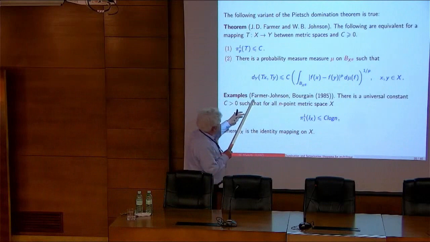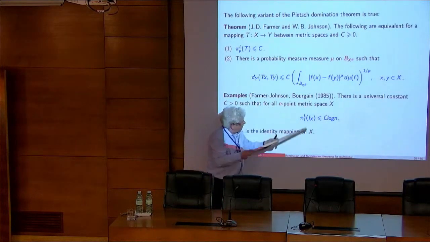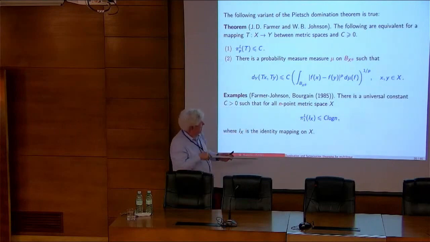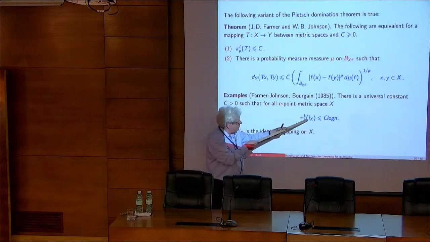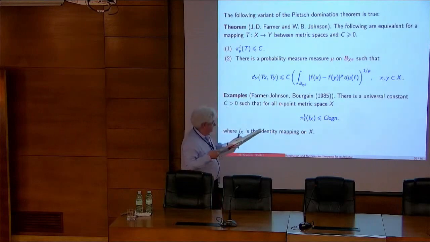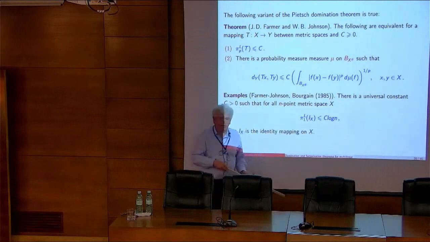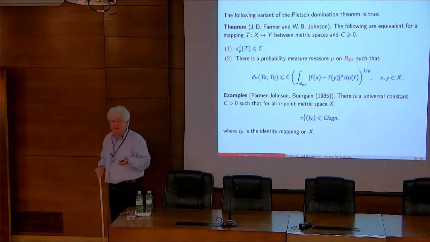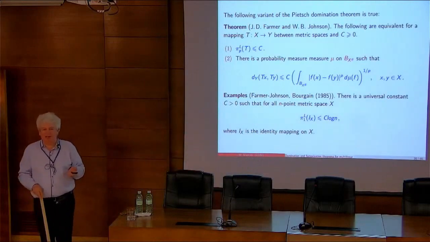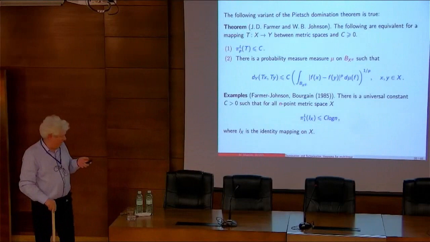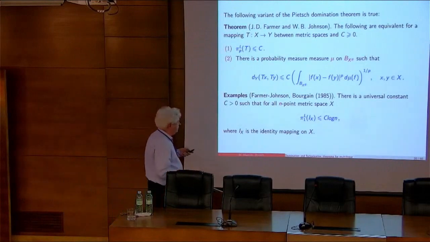So in their paper, they mention the paper of Bourgain, that the proof he has gives the Lipschitz N1 norm of the identity on any n-point metric space. There is a universal constant for which we have this estimation. And surprisingly, this inequality is found in many deep applications, even in the local theory of Banach spaces. You can see it in some papers.